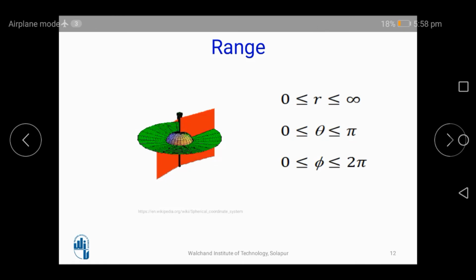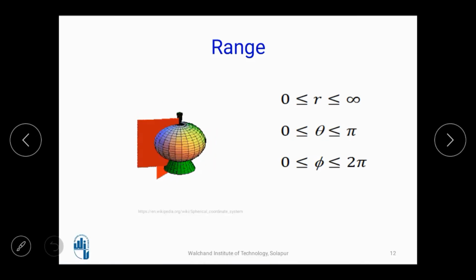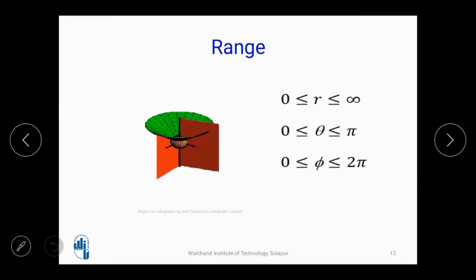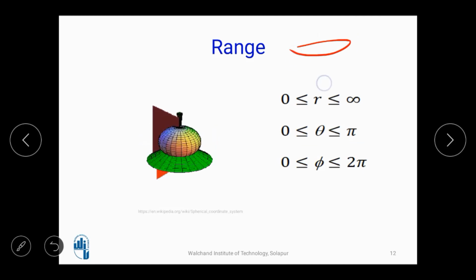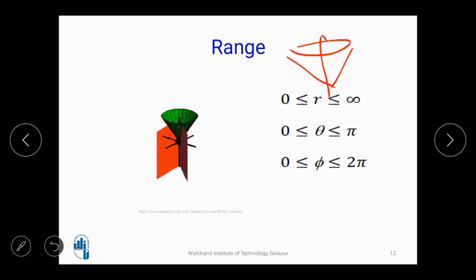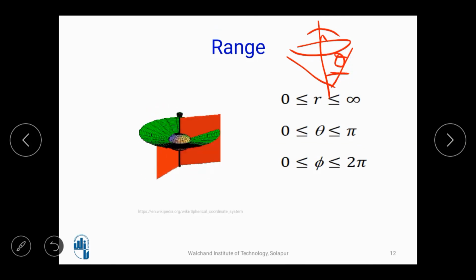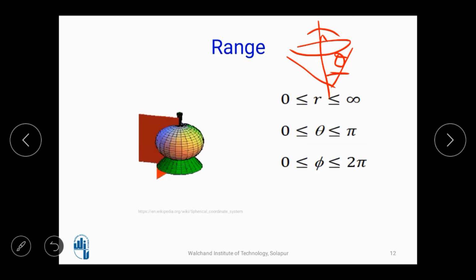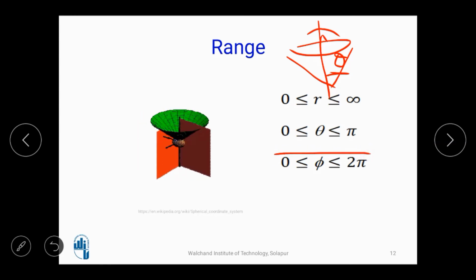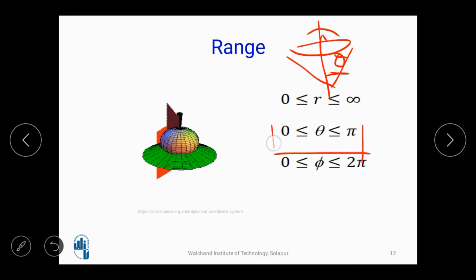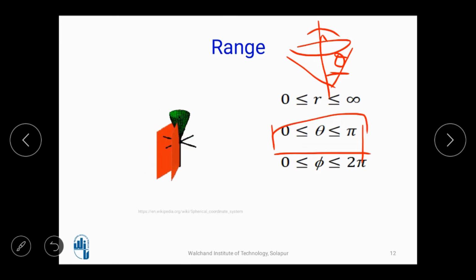Now, why the range of theta is 0 to pi, I would like to tell you here. See, when I consider a cone like this, making an angle theta, remember I am showing this angle theta for half of this cone. It's not the complete one. So theta is ranging from 0 to pi and not 0 to 2 pi. That should be clear.